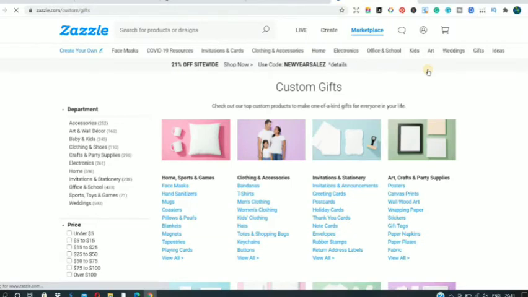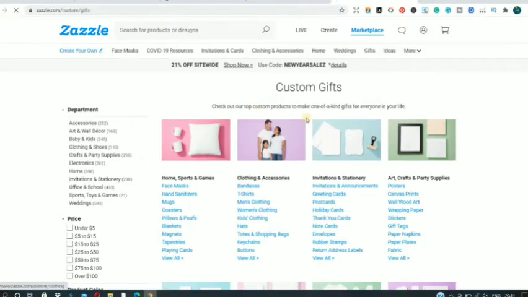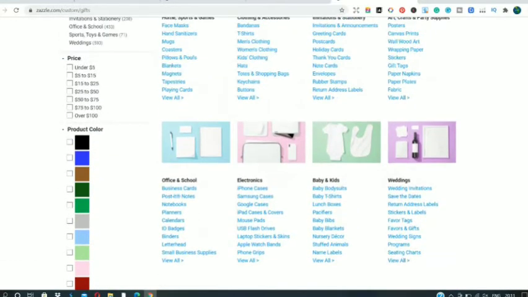Now the first option, create new product, guys. Here you get the option of uploading your design on only one particular product. Suppose you go into Zazzle, guys, you can see very well the cards and invitations sell so well on Zazzle. I've already made a video talking about that, and it is really worth it, guys. Many people tend to select cards, maybe business cards, or they go with wedding invitations. You can go with that as well, wedding signs.